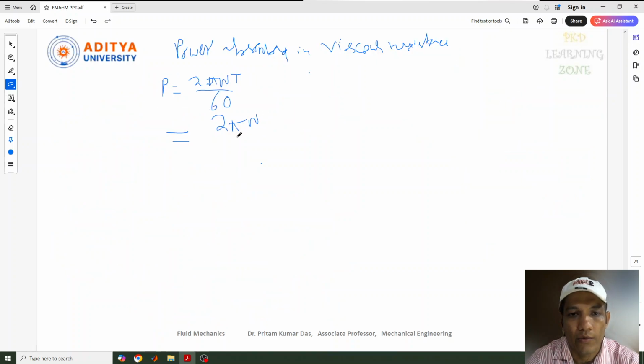Okay, so this is nothing but mu by 60t, and we can write this is pi square n bracket start, and we can write this is r2 to the power 4 minus r1 to the power 4, and this is bracket close. Now we can get 2n and one more pi is there, and 2 this will be cancelled, so 30 we will get. So finally we can write P equal to mu by